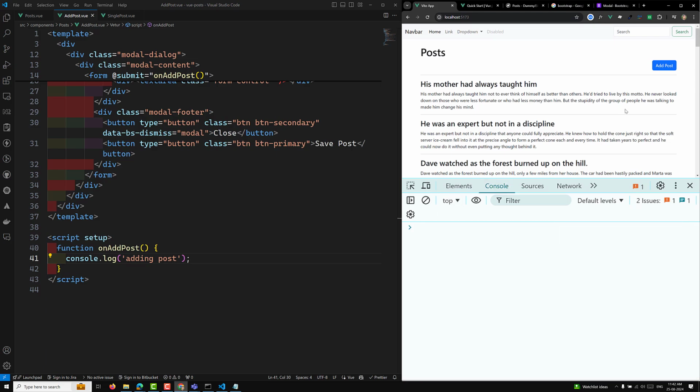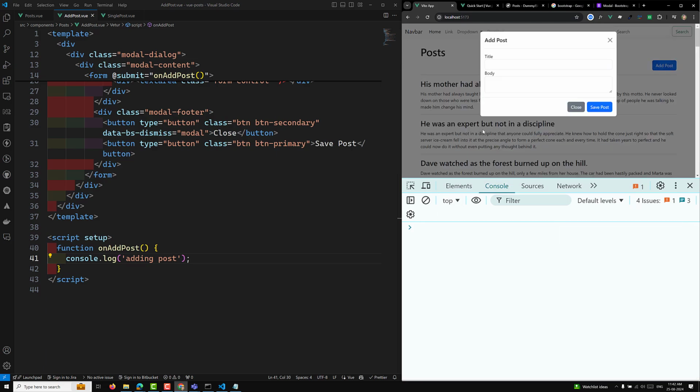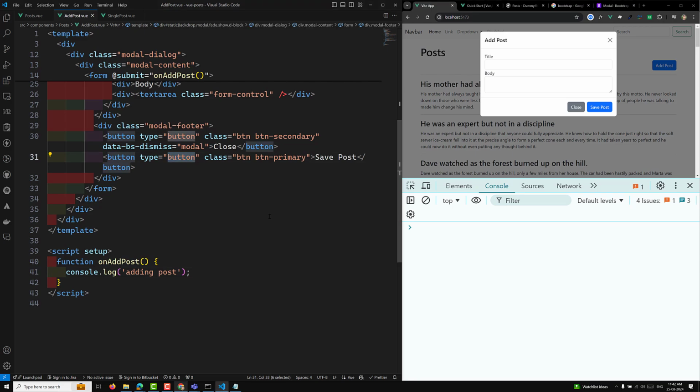Fine. So these are all consoles, we will remove it. Add post, so it's coming, and when I click on this save post, nothing is happening. So why is it happening? Okay, this button is of type button, so it should not be type button. Why? Because we need to submit the form, right? It should be of type submit, or otherwise if you don't provide this type also, automatically the default will be